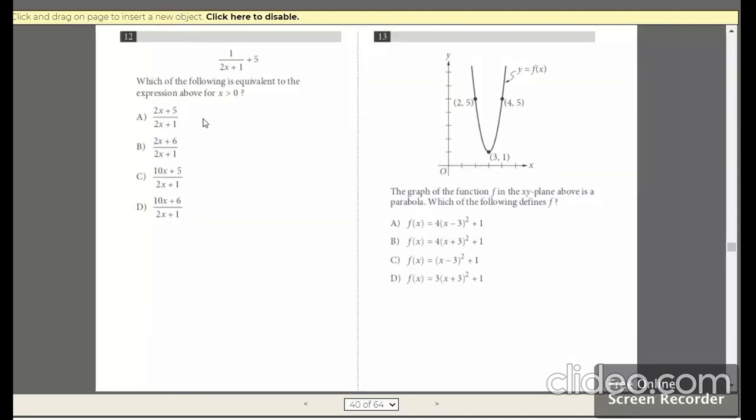Moving on to question number 12. If you look at it, we have which of the following is equivalent. Again equivalent, but the thing is, if I substitute x equals 0, my answer would end up being 6. But neither option is going to give me 6 because they have 6 along with the x term involved. So we are not going to do that shortcut.